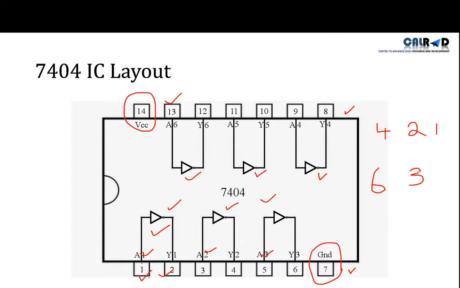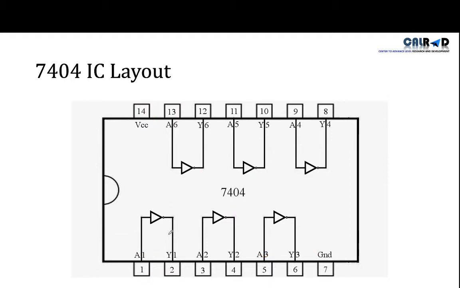So 6 can be used for the input and 6 for the output. So now let's start. We will be using A1 and Y1. So pin 1 will be used for input and Y1, pin 2, will be used for output.